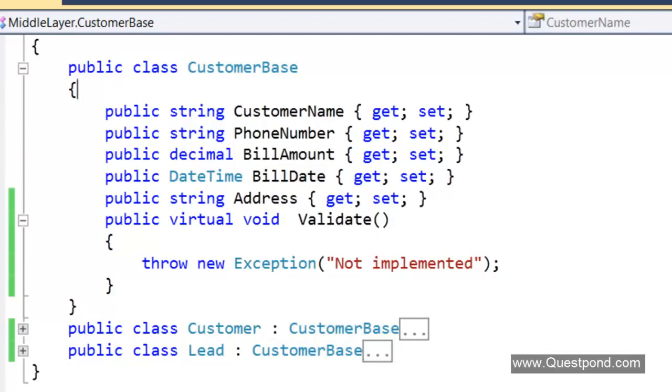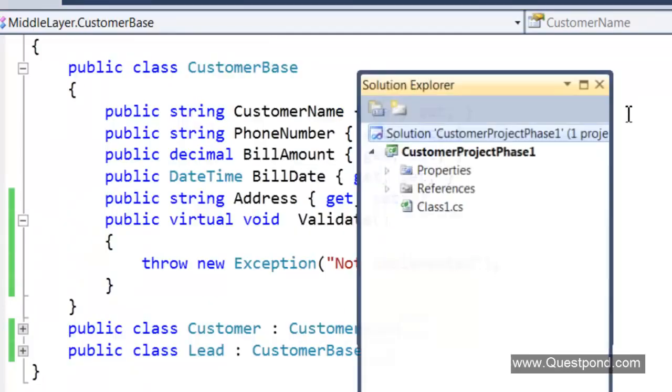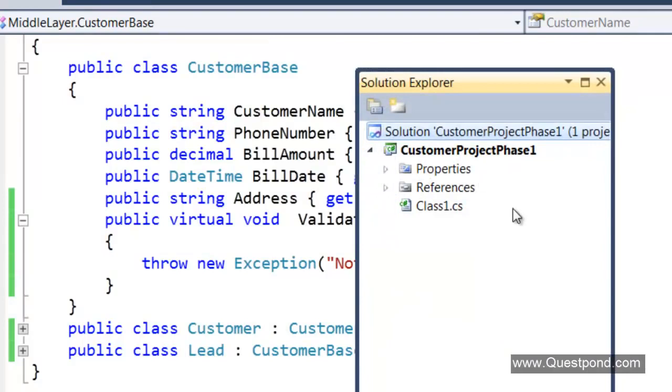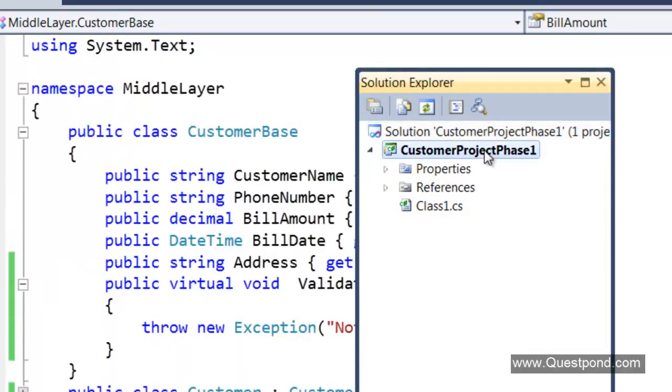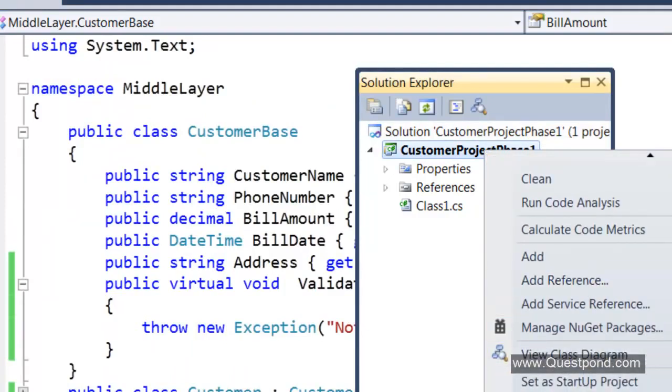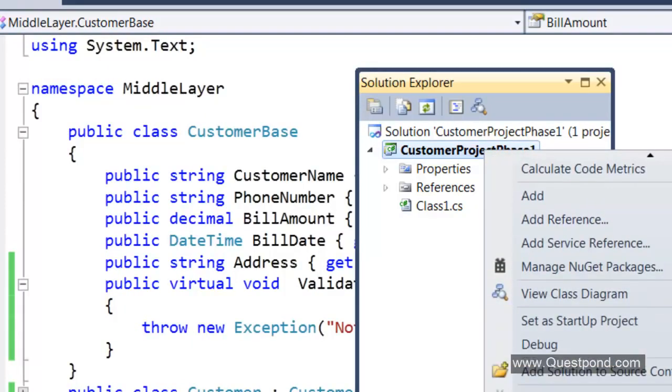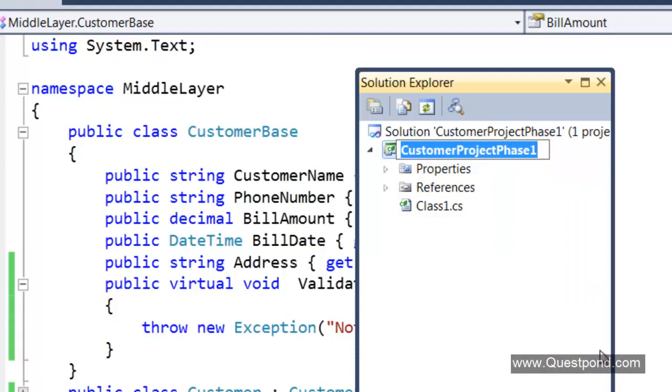So now let us go ahead and create a user interface, and consume this business logic that we have created. This is actually our middle layer. So let me rename this. Also I would like to mention here, I'm creating this project in Visual Studio 2010.